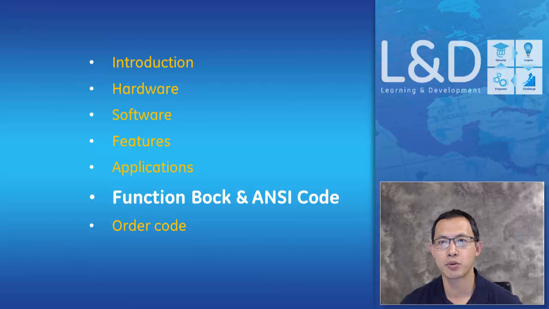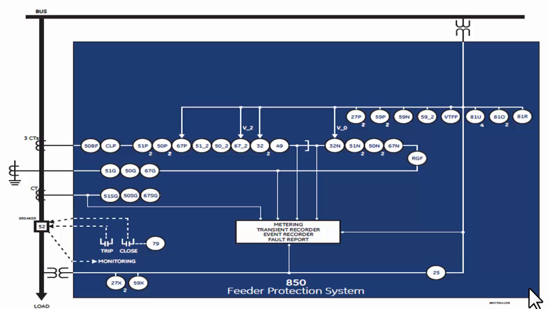Function block diagram and ANSI code. Let's take a look at the 850 feeder protection relay block diagram. In this diagram, we can see the current associated protection elements and voltage associated elements, and some elements use both. So we have the 50BF breaker failure, cold load pickup, 51P phase TOC, 50P phase IOC,